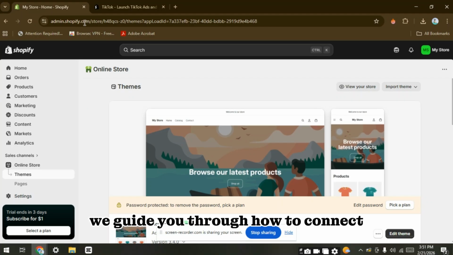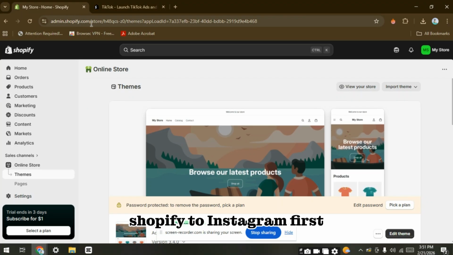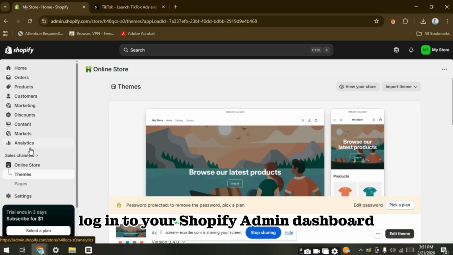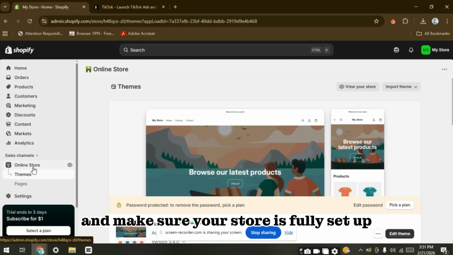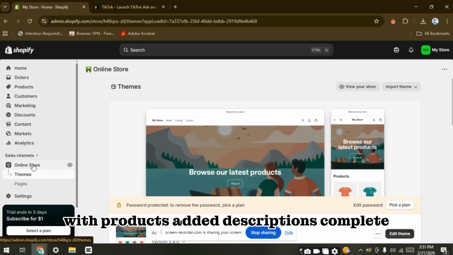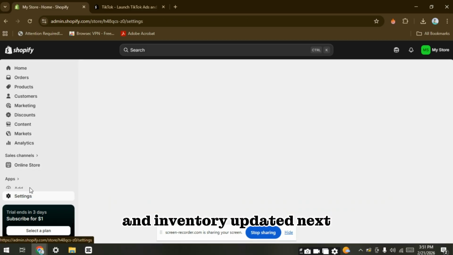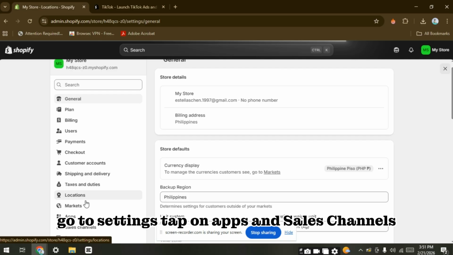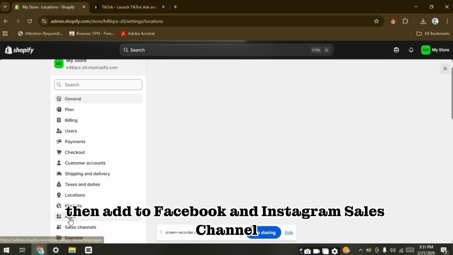We guide you through how to connect Shopify to Instagram. First, log into your Shopify admin dashboard and make sure your store is fully set up with products added, descriptions complete, and inventory updated. Next, go to Settings, tap on Apps and Sales Channels, then add the Facebook and Instagram